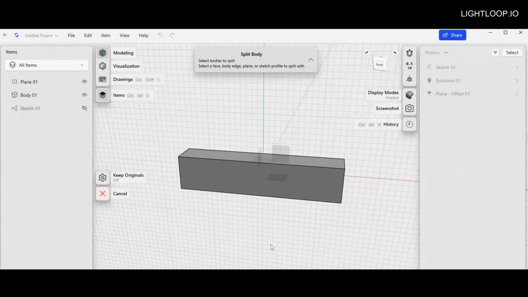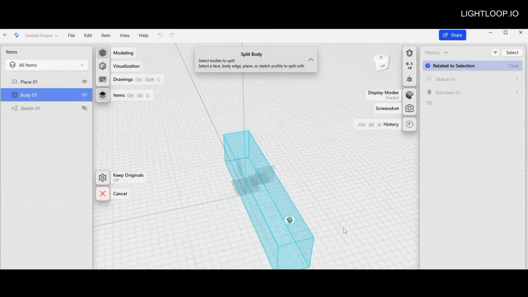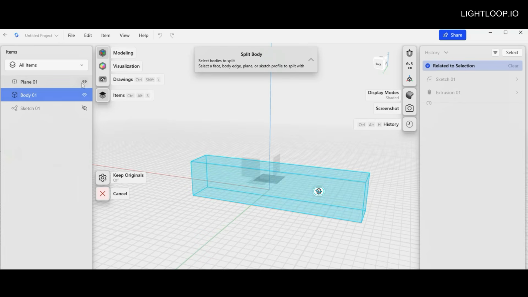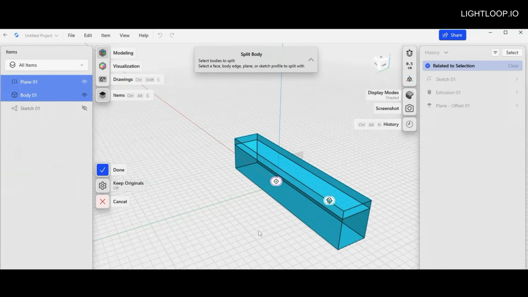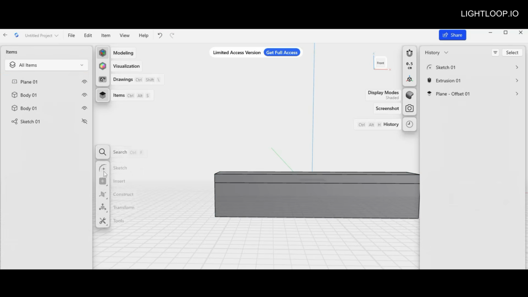Remember, we want to target the body first, and then we want to select the plane that we want to use to cut through this body or to split this body. Again, as you can see here, my body is blue and the plane is purple. And then once I have this set to my liking, what I can do is I can just select done